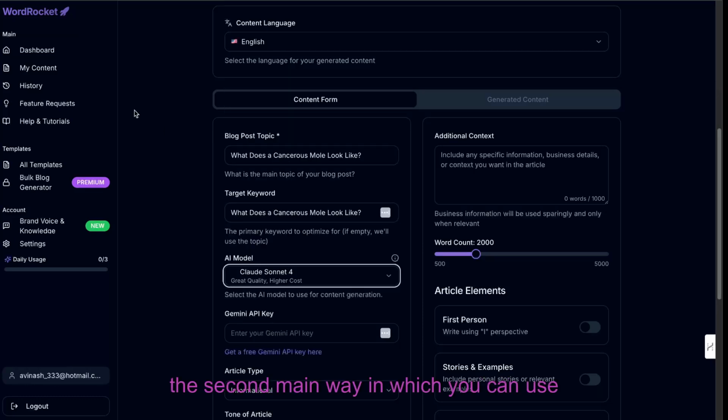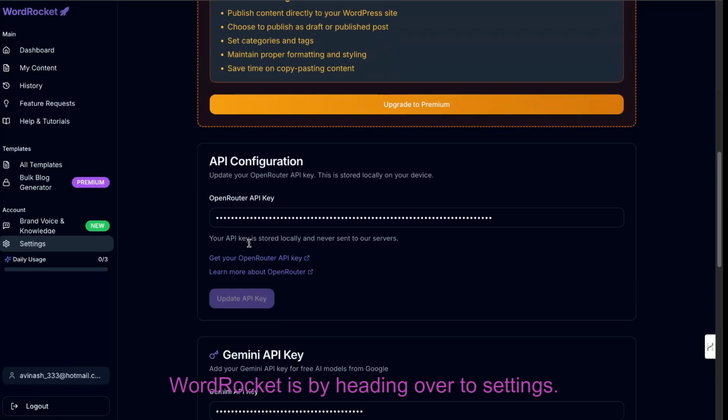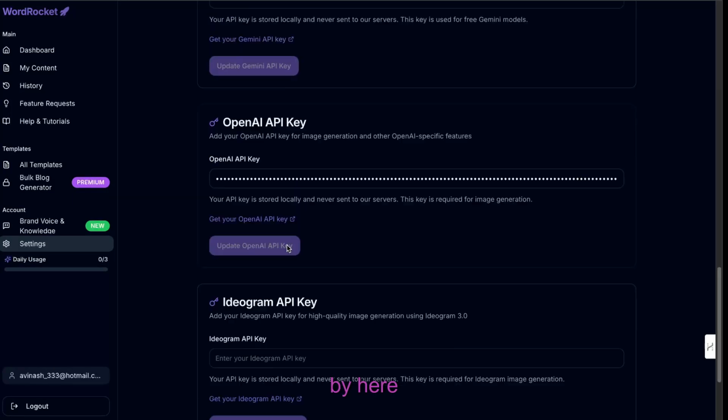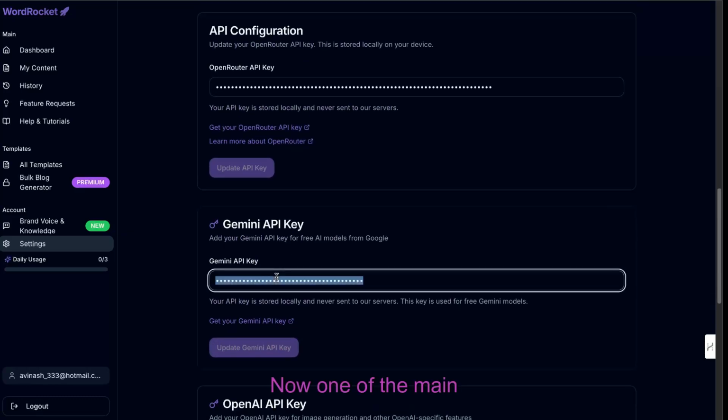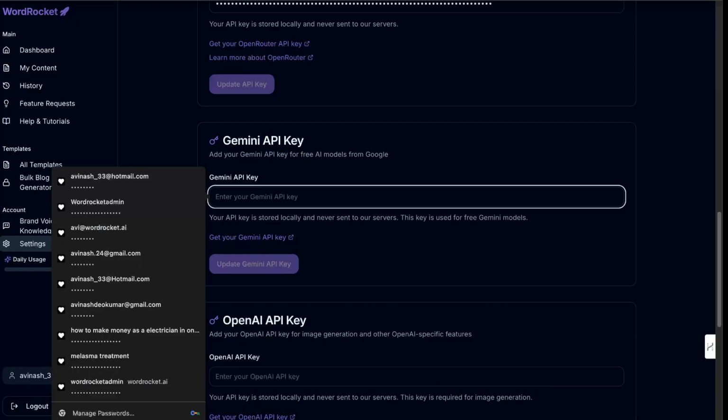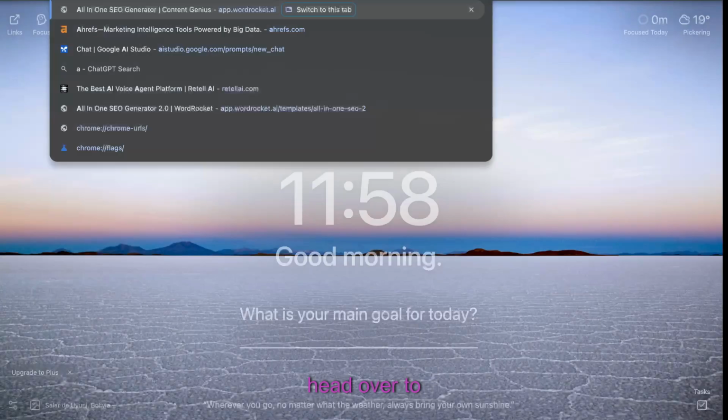Now, the second main way in which you can use WordRocket is by heading over to settings. We're just going to scroll by here, and there's a couple of other API keys which we can use. Now, one of the main API keys that you would like to enter as well is going to be your Gemini API key. So if we wanted to use Gemini, we need to head over to